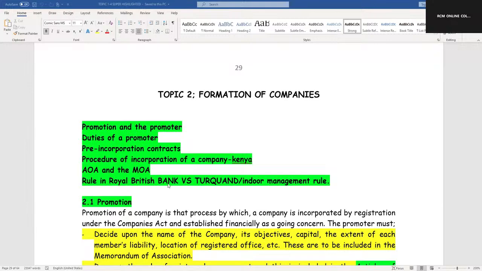So promotion. What is promotion? What do you mean by the term promotion? Promotion, we can alternatively say,